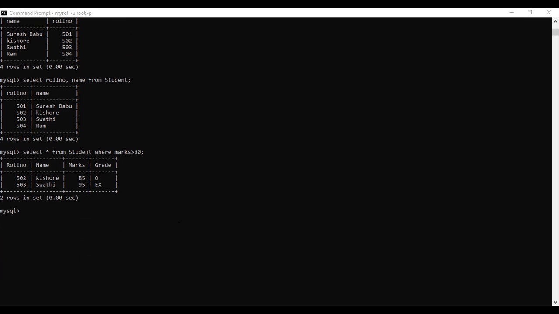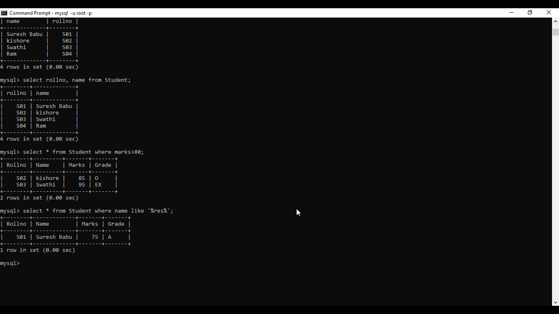And sometimes you can extract the values of the table based on the query, like select star from student table where name like, matching these characters of the given names in the table. Then it also gives the data as it is, the rows related to this query for the given name string, right?